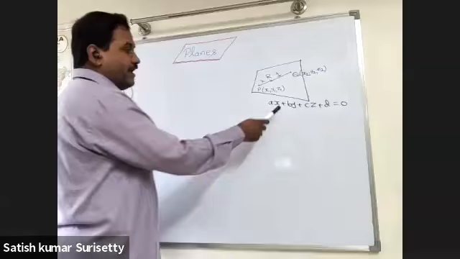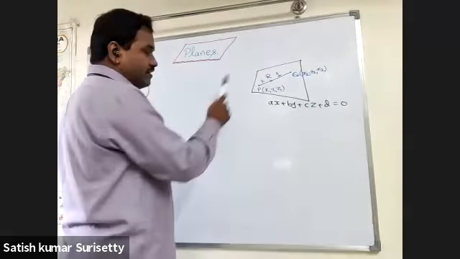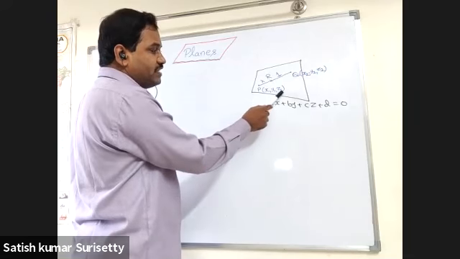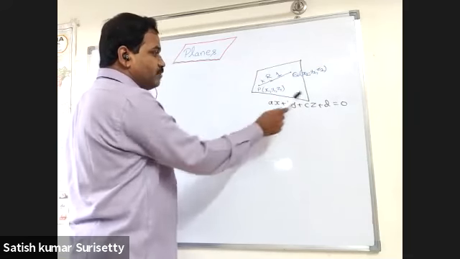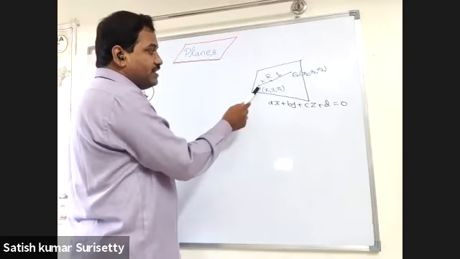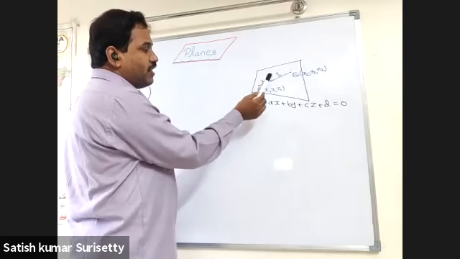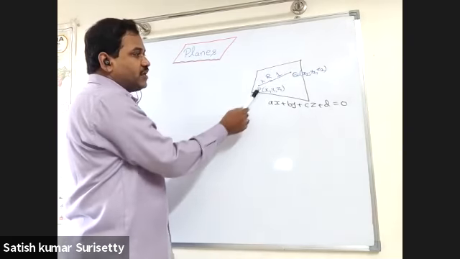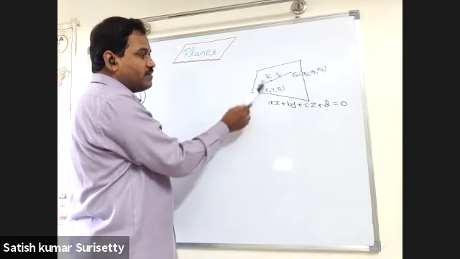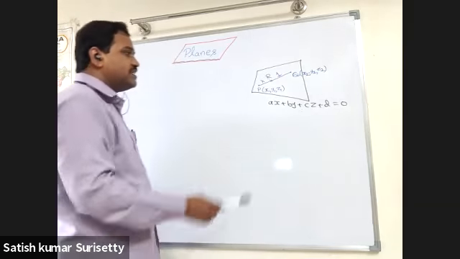So how to prove that ax plus by plus cz plus d equal to 0 represents the equation of a plane? As per the definition, if I take any 2 points P(x1, y1, z1) and Q(x2, y2, z2) lying in the plane, that is, satisfying the equation, we have to prove that any point on the line segment joining PQ must also lie on it. That means if I take the point R, which divides the line segment joining PQ in the ratio lambda is to 1, using the section formula we can write the coordinates of R. If R also satisfies the equation of the plane, then we can conclude that this equation represents the plane.